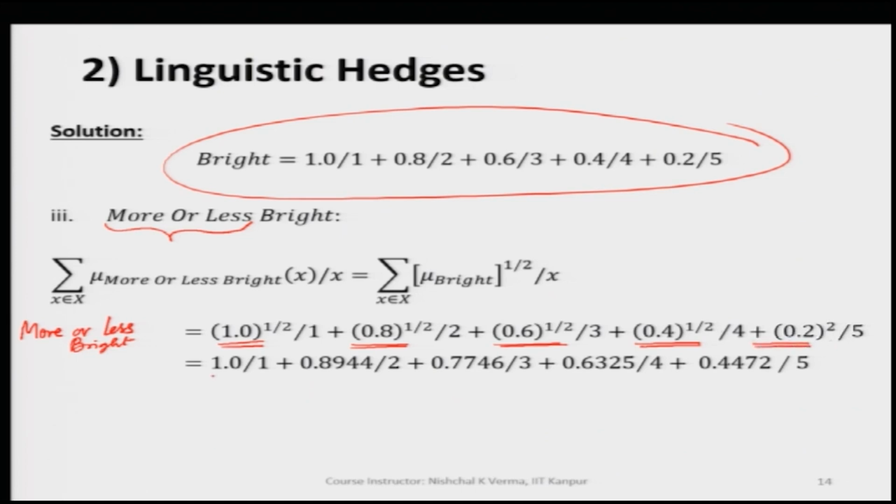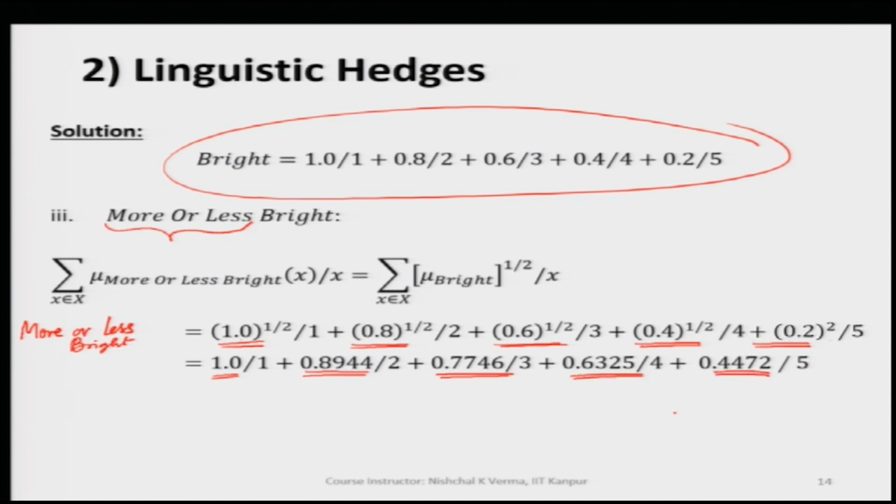And this way, when we are taking the square root of 1, we are getting 1, and when we are taking the square root of 0.8, we are getting 0.8944. So, similarly, we are getting all these values when we are taking the square root,